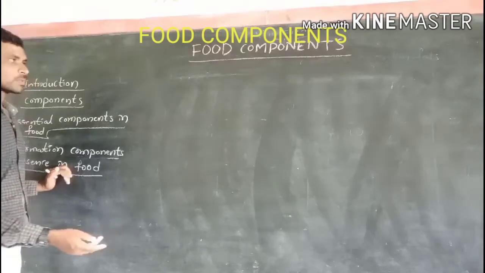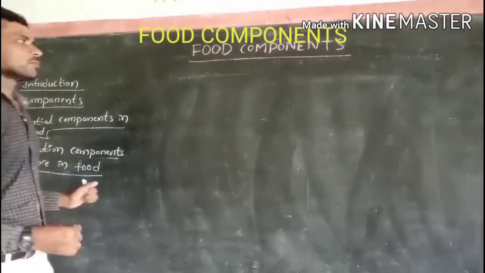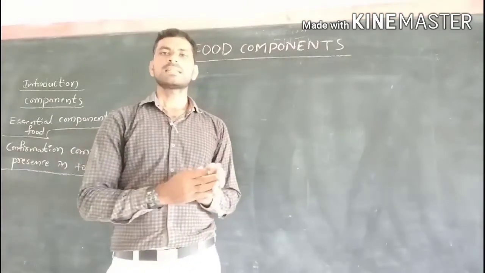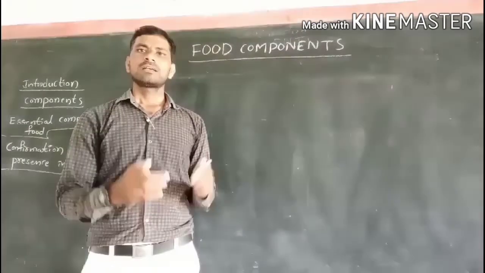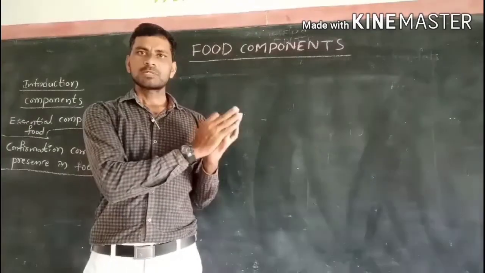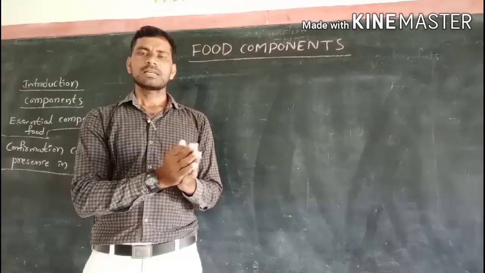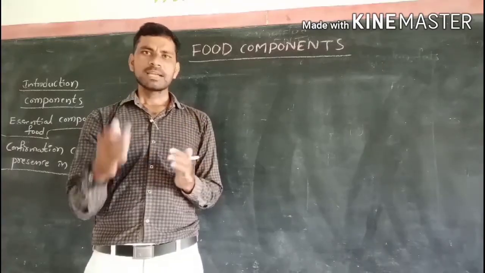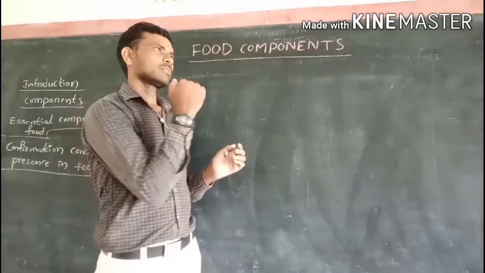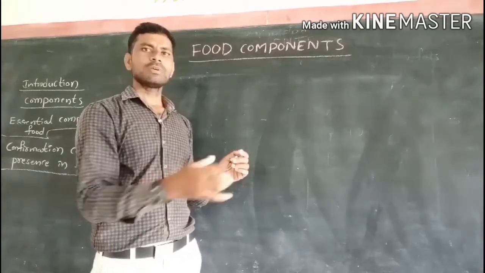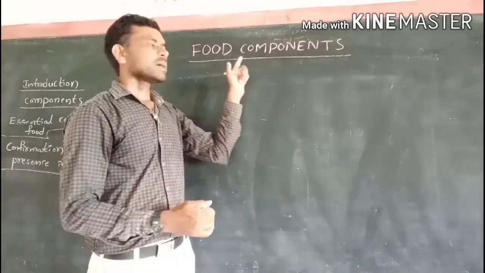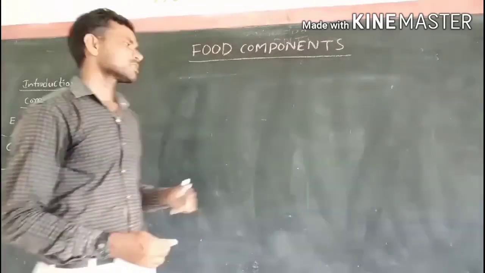Okay, children? So, introduction. What did we learn in the introduction? In the previous class, 6th class, we learnt the food item is made up of ingredients. There are different types of ingredients, that's why we are getting different tastes. They are appearing physically. When we are eating the food items, if anyone asks what the ingredients are, we are giving the answer. Is it right? But what is meant by components? Components means